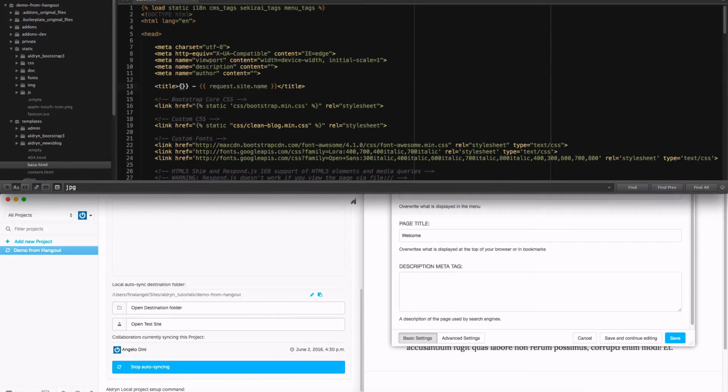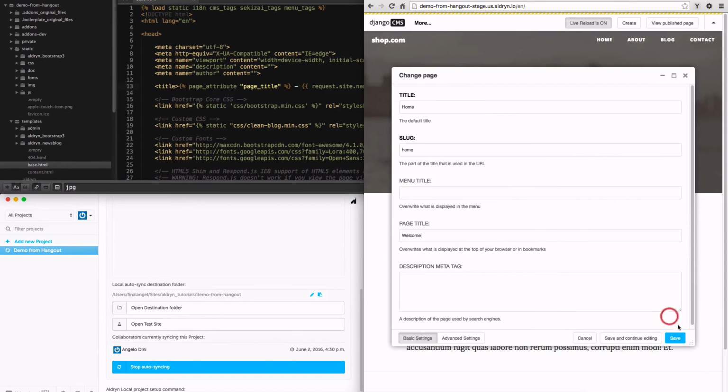And for this, we use something that's called, I have to look for that quickly. I think it's called page name, page attribute, I think. So something like page attribute. And then the name, for example, page underscore title. So if I hit save here,